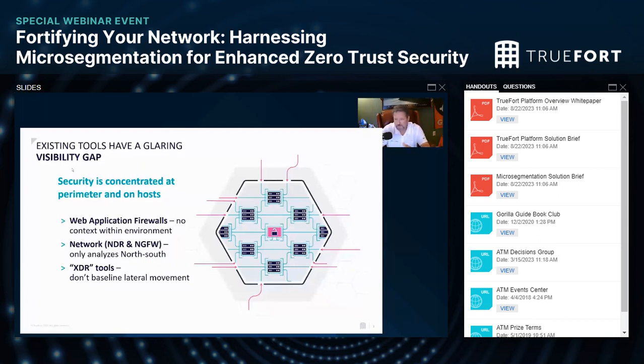XDRs, they're not looking at the lateral movement, the east-west flows from a baseline perspective. In other words, they're not learning what the expected behaviors for that lateral movement is going to be. And that can be problematic when it comes to your applications. In this case, if you have semi-annual changes, or let's say, for example, Black Friday at the end